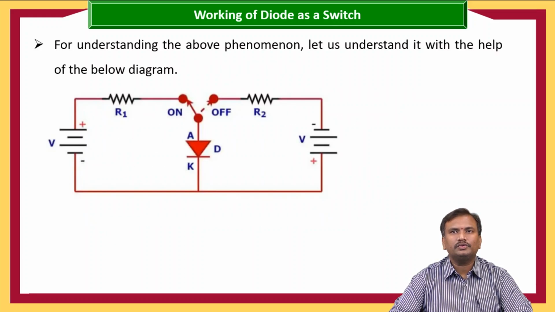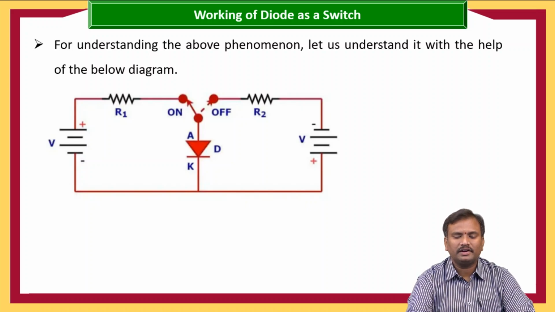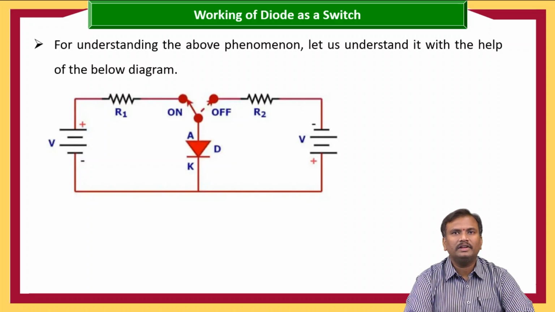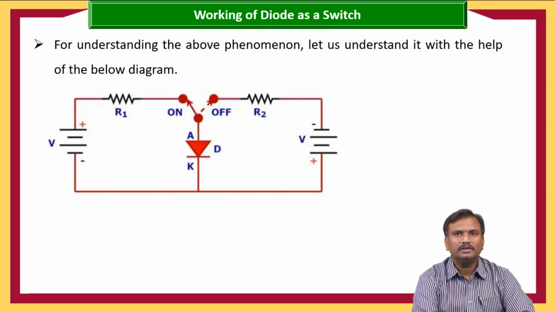Here, this diagram shows the working of diode as a switch. For understanding clearly, the diode connection is given in both directions, that is, with forward bias voltage and with reverse bias connection. Here, this forward bias voltage is connected in series with the resistance R1 and connected to the anode, and the cathode is connected to the negative of the supply. When the forward voltage is applied,